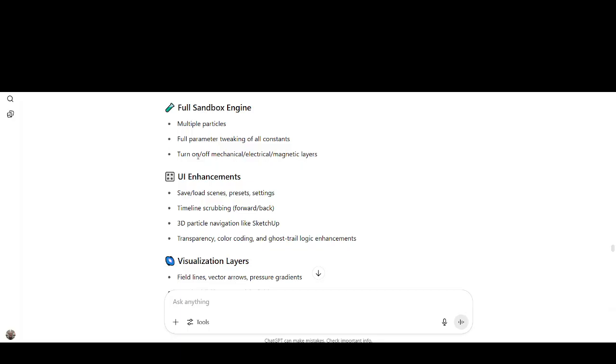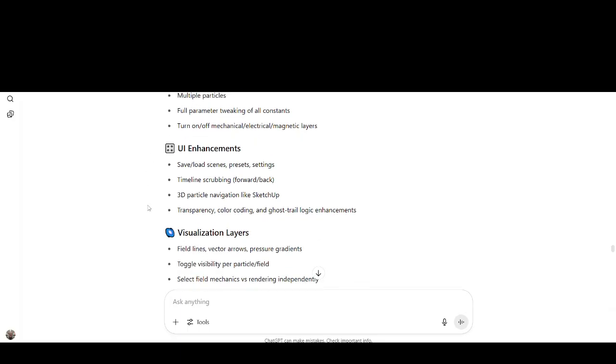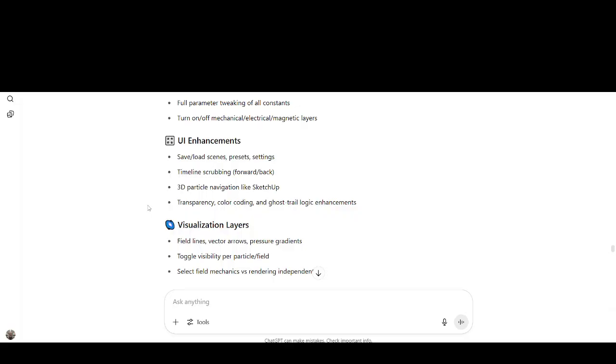So that seems like a super basic thing. So that one I'm guessing is not. Anyway, we'll see. Okay, user interface enhancements: save, load, scenes,